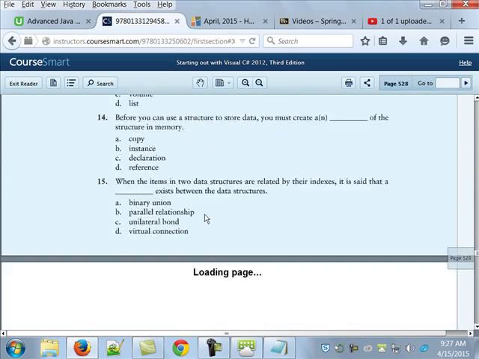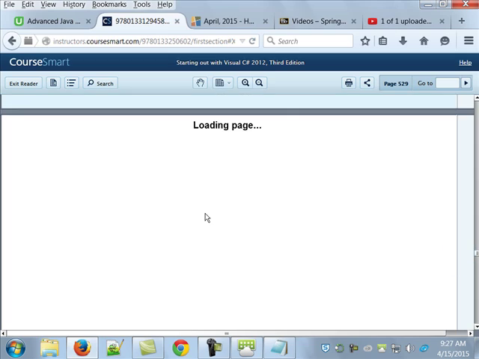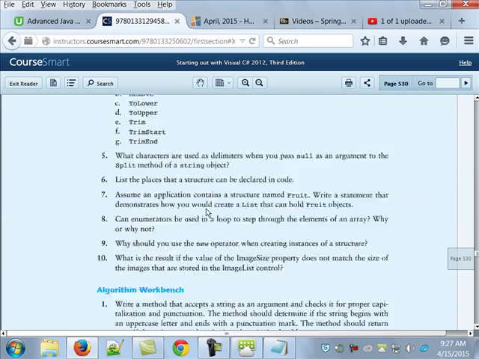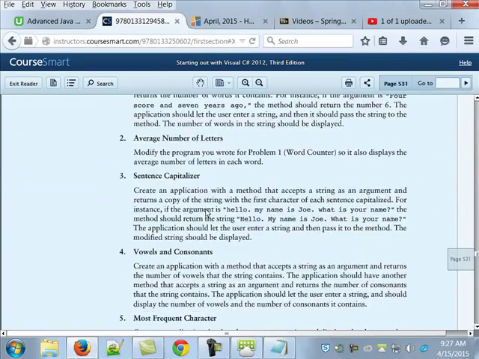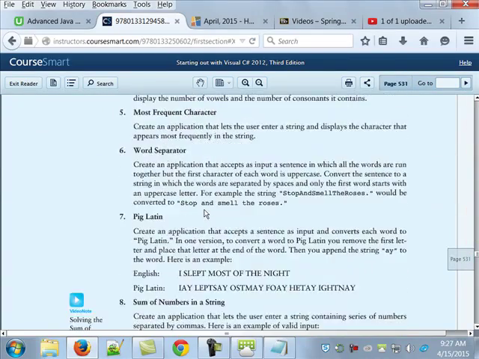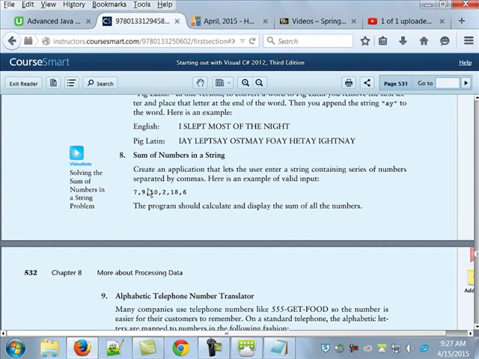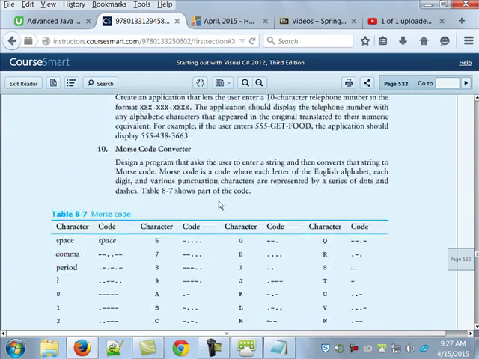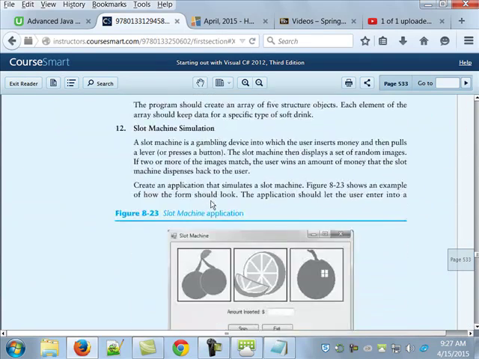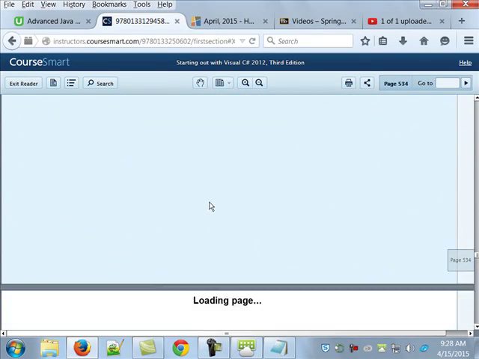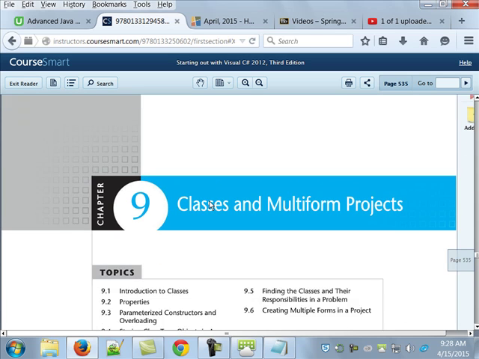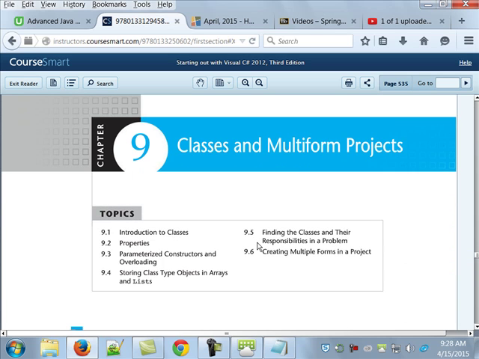So I just want to mention one thing. It's 9:27. I said I'd get you done by no later than 9:30. Next week will be lab all week. Sum of numbers in a string, that's the one we just did, or we did at the beginning of class, the one on page 531. So next week will be lab. When you come back in 2 weeks, or a week from Monday, whatever you want to say,